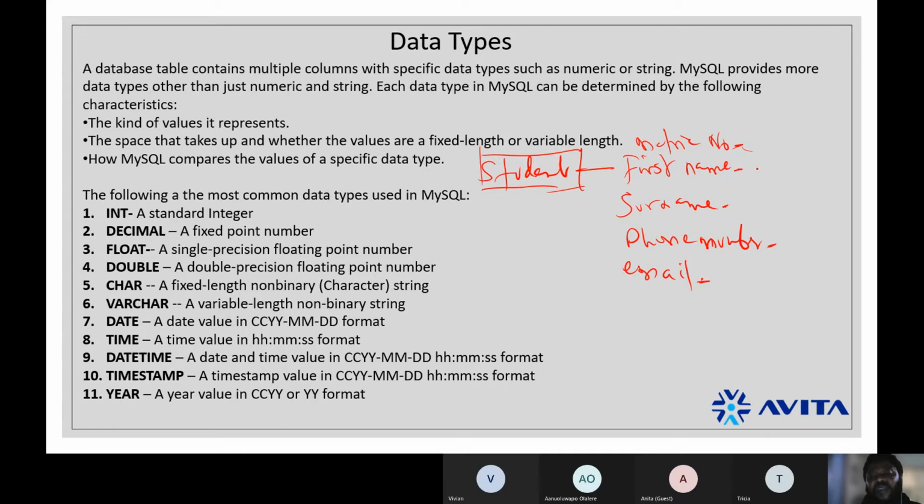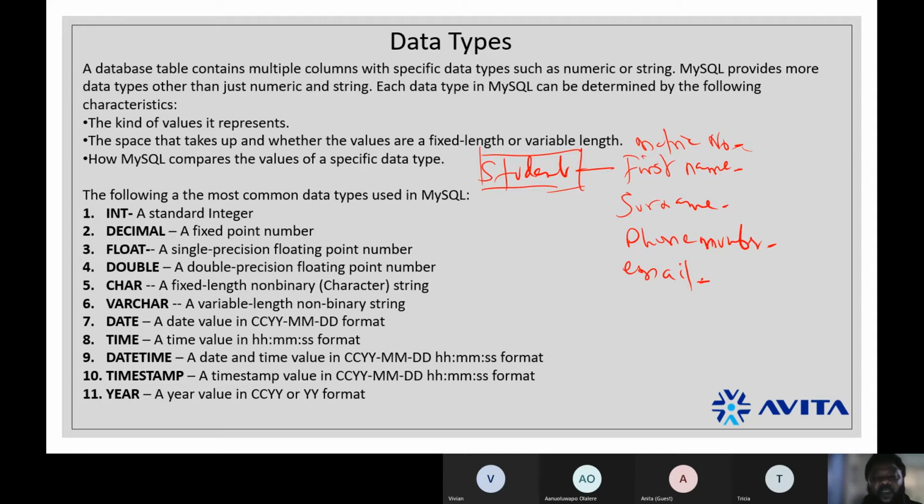So what kind of value does matric number represent? What kind of value will it hold? The space it takes up, and whether the value is fixed length or variable length. We'll talk about that. Then how MySQL compares these values to a specific data type.